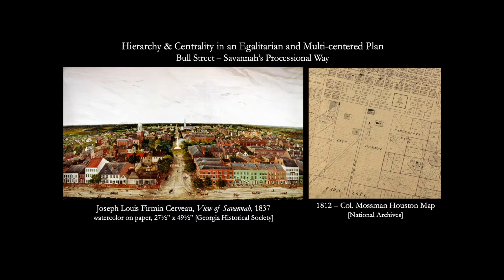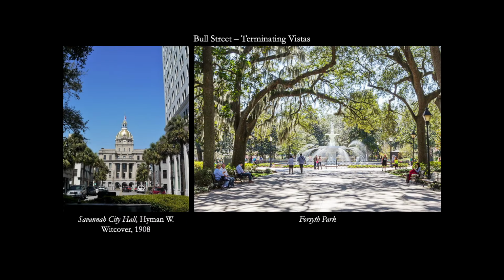through a set of wards. When it gets to the town common here, it continues to be a path. There it is. And you'll notice one other thing about the plan: those garden lots, those triangular garden lots, are angled in such a way as to converge on Bull Street. So though it doesn't appear to have it, it actually does. The plan actually does have this spine, the sense of centeredness,